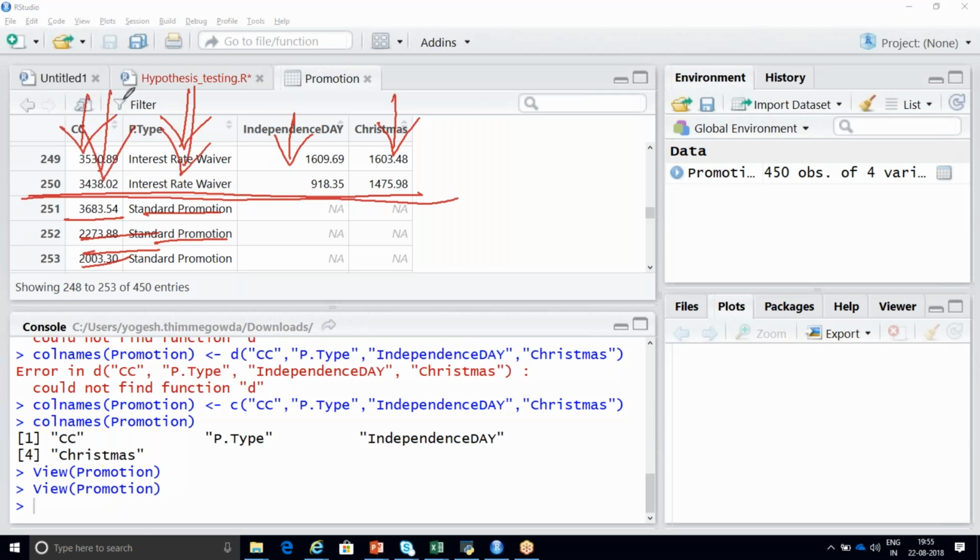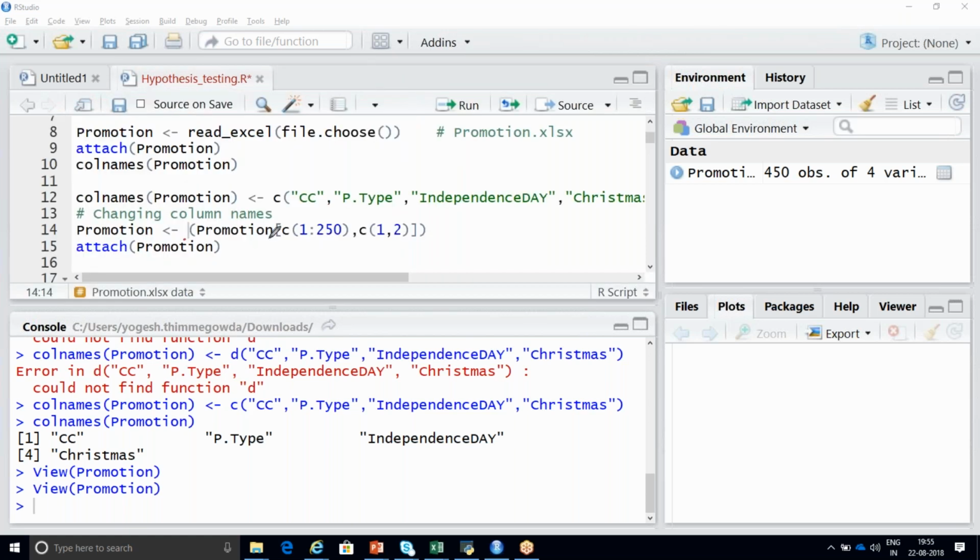Got it, Ratnesh? Now it is your raw data. I'm just using the raw data and making use of it in your analysis part. So now what I'm doing here is I'm going to choose promotion, that is nothing but your data set name. Anything written in your square parenthesis is rows comma columns. Remember this. Now in promotion I'm writing within square parenthesis rows comma column. See here again I'm not choosing only one record because I'm choosing multiple records.